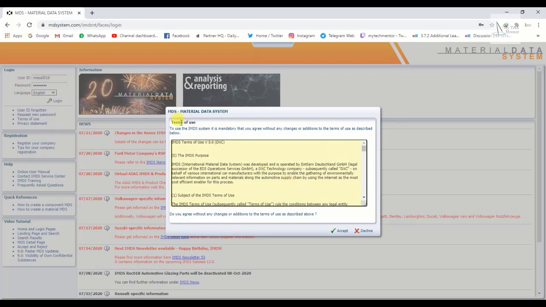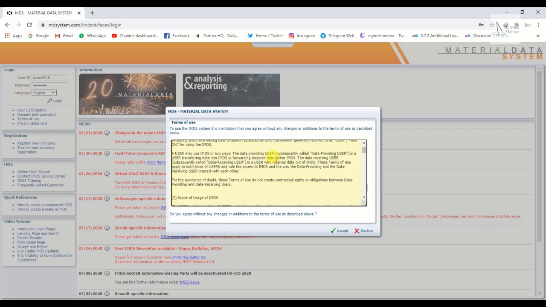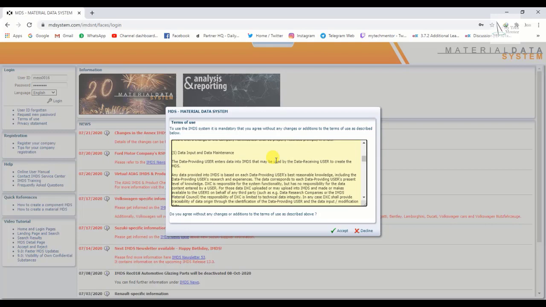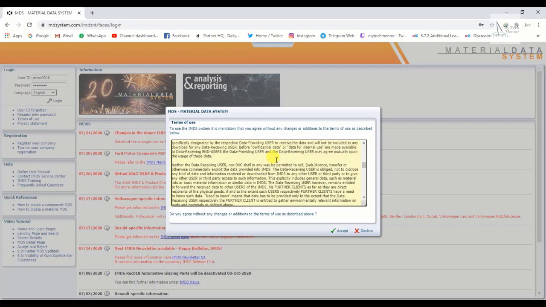Terms of use. To use the IMDS system it is mandatory that you agree without any change or addition to the terms of use as described below. Please carefully read all terms related to IMDS. When you have read all these terms, then click on accept.